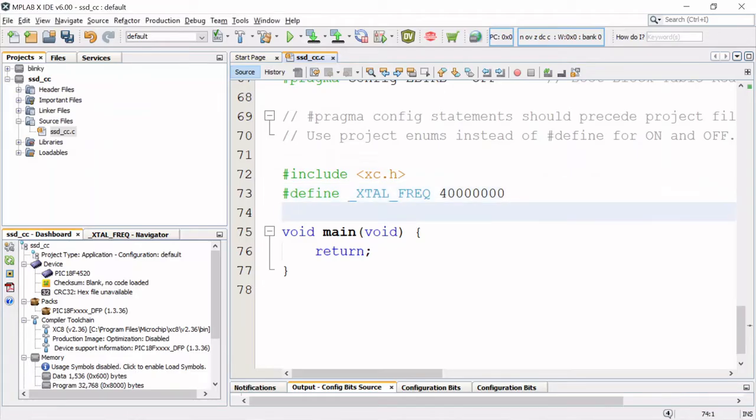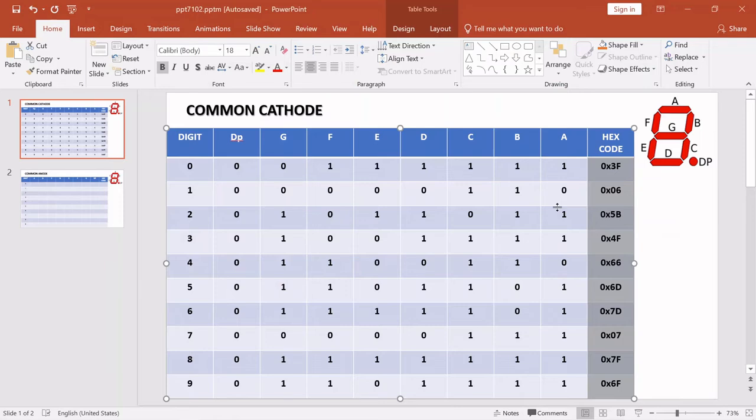So we will declare, let's say, char cc of 10 numbers, and the values are these. The first value is 0x3f, second value is 0x06, third value is 0x5b, comma 0x4f,